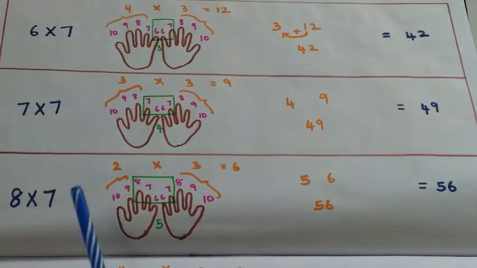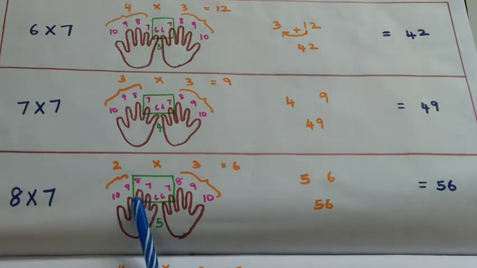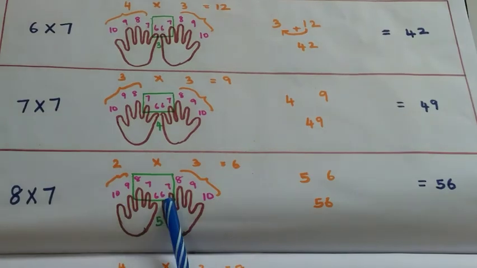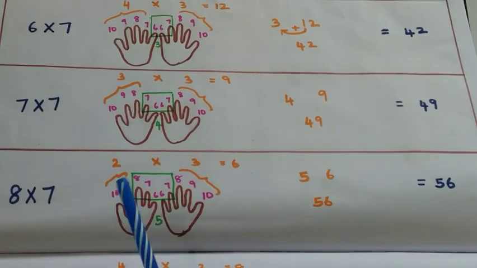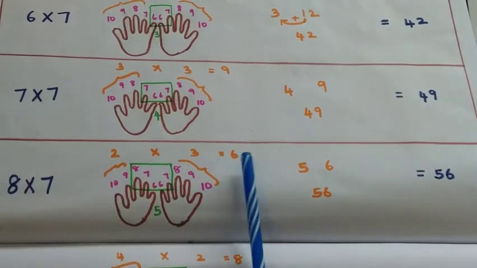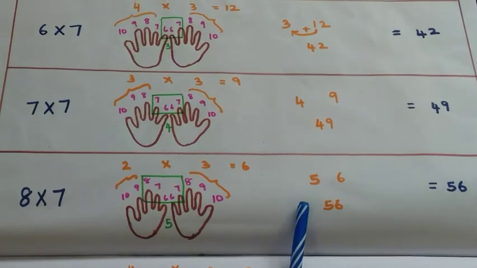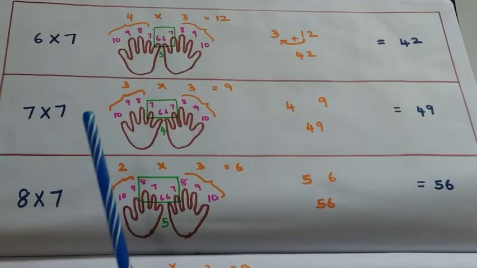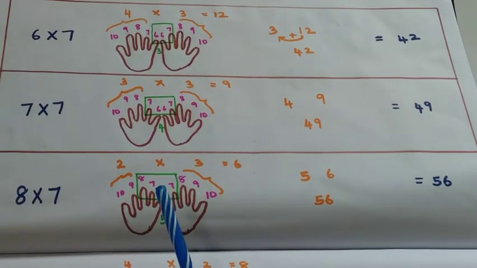The next one is 8 into 7. So you need to rotate your hand and touch the finger that has been numbered 8 and 7 on your left and right hand respectively, and find the number of fingers that are between those fingers, including those fingers, to find 5, and count the number of fingers that are on either side of these fingers and multiply the numbers obtained to obtain the 1st digit of the result, which is 56. Therefore 8 sevens are 56. So finding the results of 6, 7, 8 multiplied by 7 becomes as simple as this when you use your fingers to remember the answers.